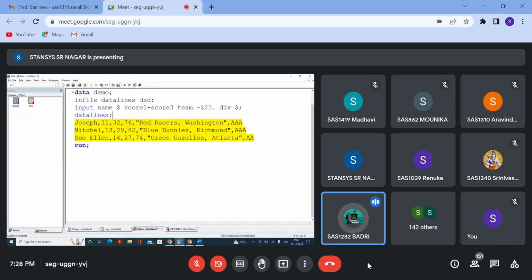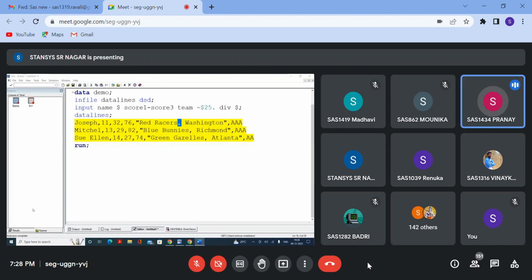So the tilde symbol will allow any special characters. Any special character is part of the data. If you have an asterisk symbol or a comma, whatever that value might be, it will take it. Spaces it will also take. It will take them as data. Space also. So in these scenarios, we should have the data only